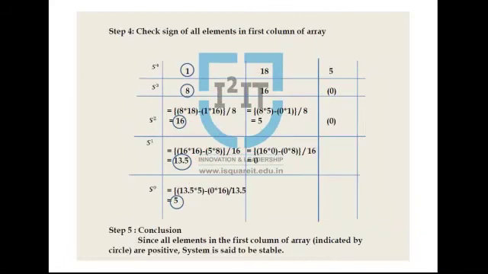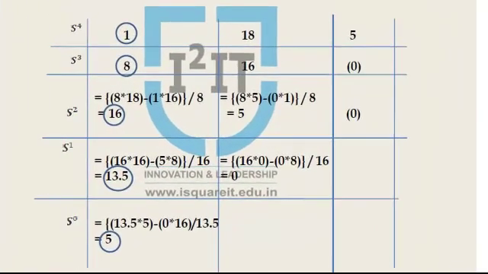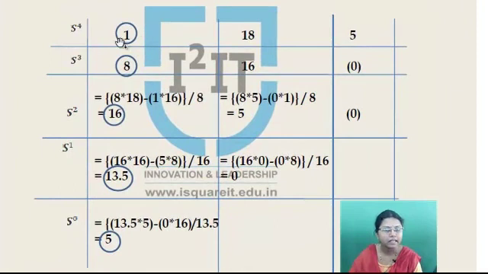We have to check the signs of all elements in the first column of the array. Now the first column is of importance, and the sign of each element in that first column we have to check. So the first element here in the s raised to 4 row is 1 and it's positive. The second element in the array is 8 and that's positive. The third element in the first column is 16 and it's a positive number. The next element 13.5 in the first column is a positive number. And the last element in the s raised to 0 row of the first column is 5 and it's also